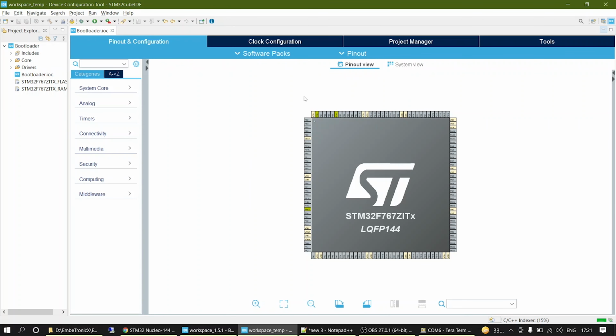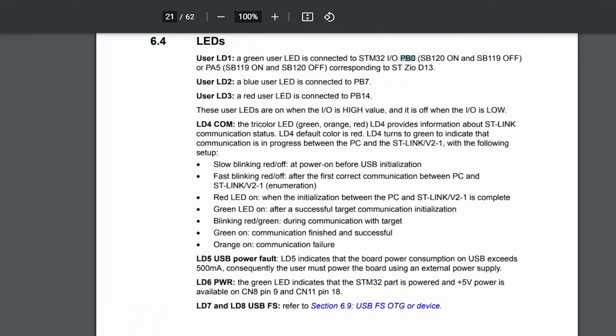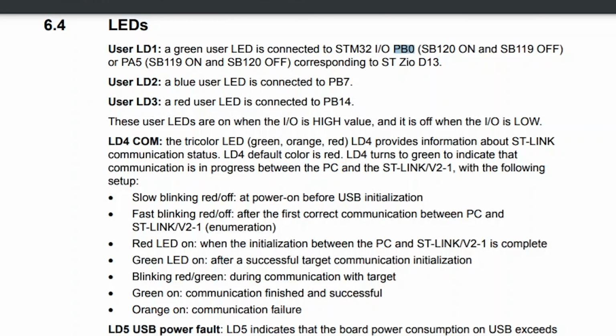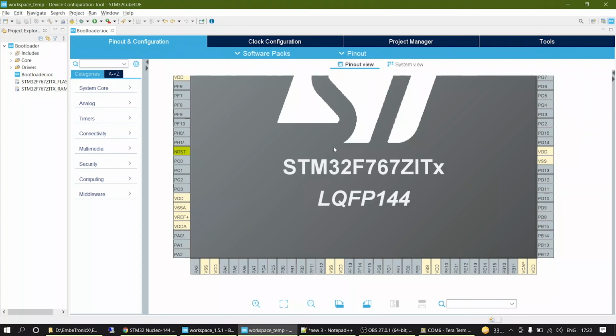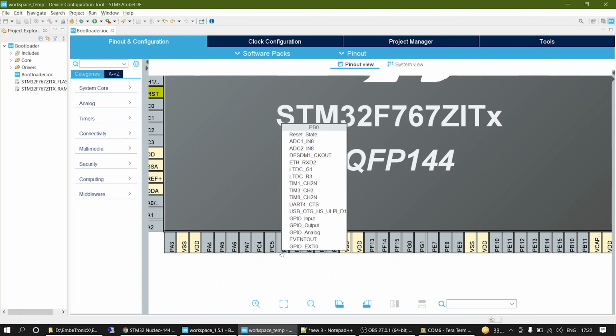You will get a screen with the microcontroller that we have selected. If you see my board configuration, I have three onboard user LEDs called LD1, LD2, LD3. I am going to use the green LED LD1 for the bootloader and the blue and red LEDs for the application. The green LED is connected to PB0, port B0. Click PB0 and select GPIO output.